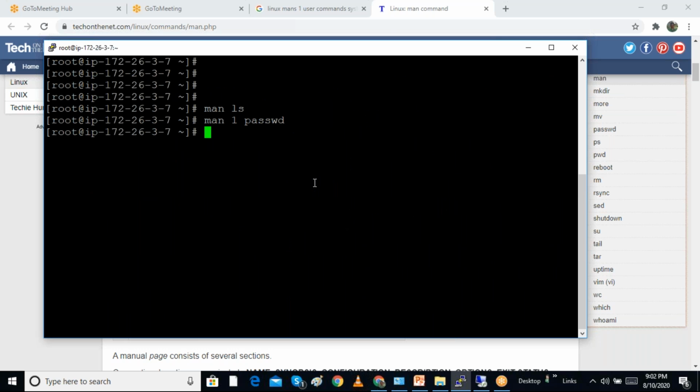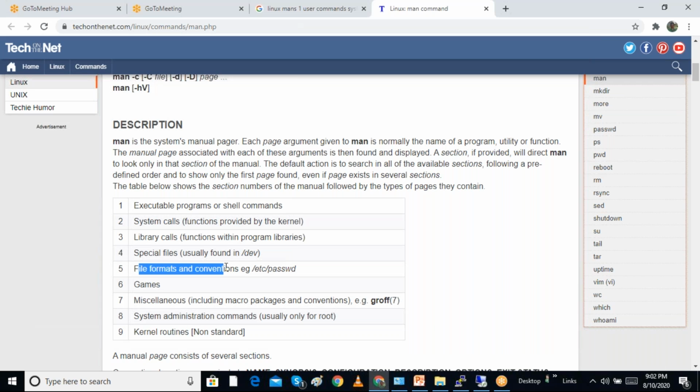So section 1 will show the command options. When I use man 5 passwd, it will show that there is a configuration file. We can see here the configuration file format and all.